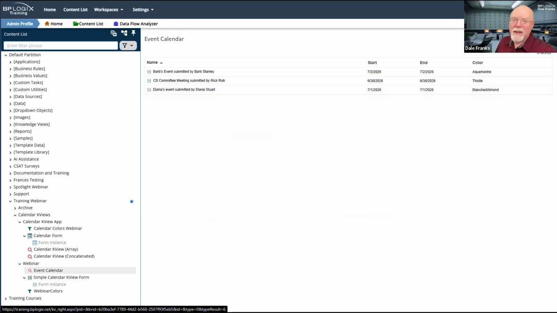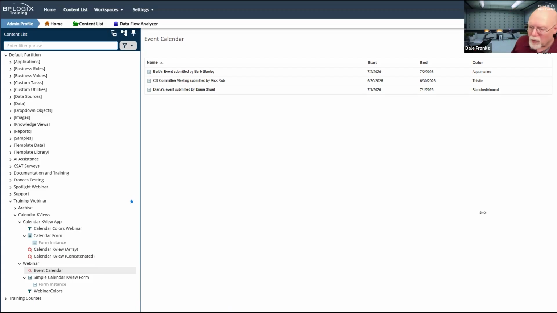So unlike the export to Excel or export to CSV icons where you have to click the checkbox to make those icons appear, you don't have to do it for a calendar knowledge view. Once you configure the calendar tab, it knows that you have fields that you want to show in a calendar, so it's automatically going to give you your calendar icon.